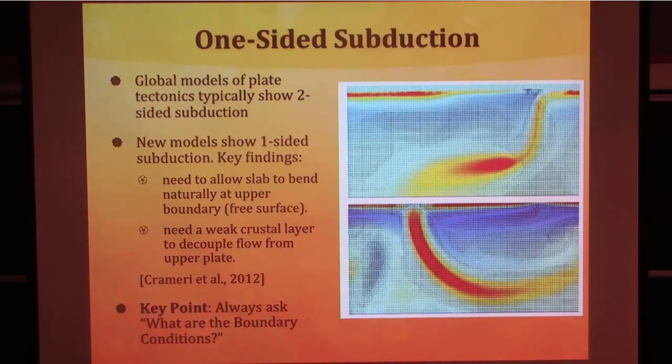It's a complicated story. But I would like you to know that there are some, including myself, who think that the free surface is not at all required for one-sided subduction. And the weak crustal layer, sort of by default, does that for you. This particular model setup is very complicated. I had a student trying to reproduce this and trying to